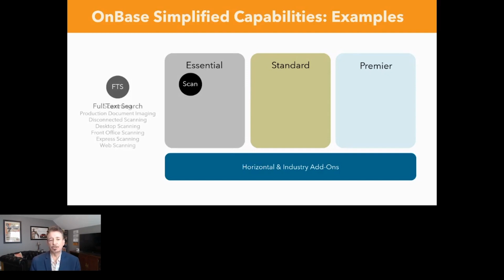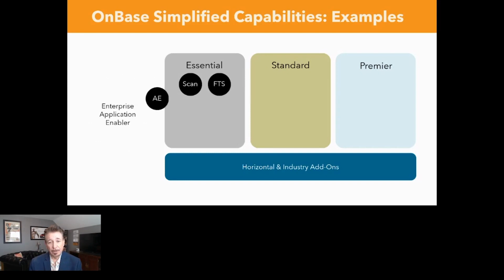Let's look at full text search, the ability for OnBase to look beyond keywords to find content within your OnBase repository. Again, standard feature of content management. Enterprise application enabler, as I mentioned, not just single application enabler, but enterprise, unlimited number of applications to be able to surface content, kick off workflows, kick off electronic forms while staying in that line of business application. That, Hyland determined, is still a core capability, which is awesome to extend that through an essential license.